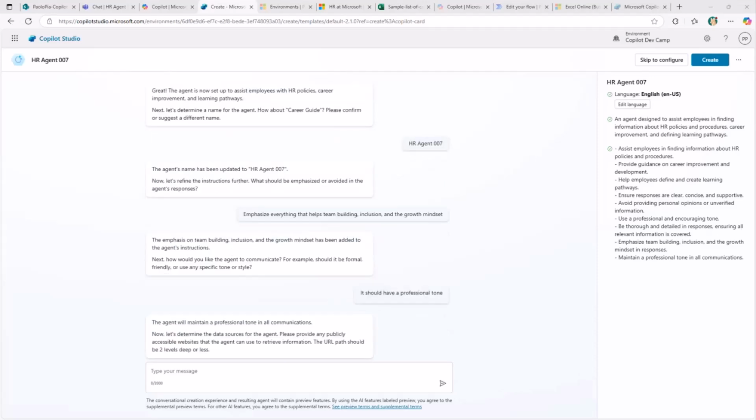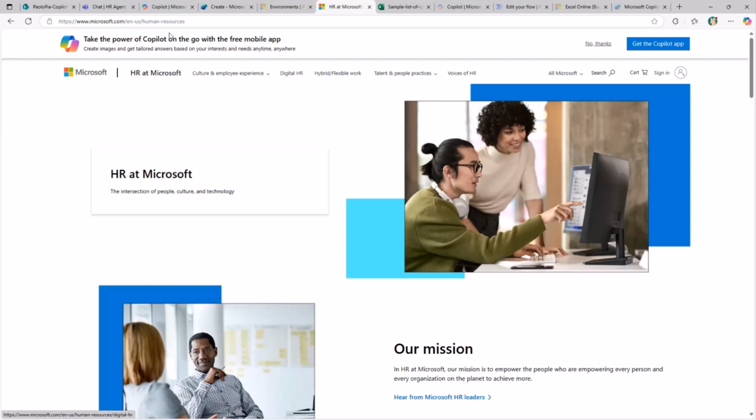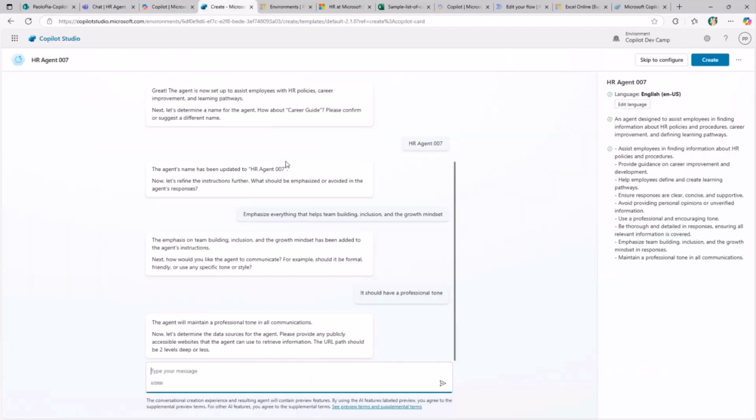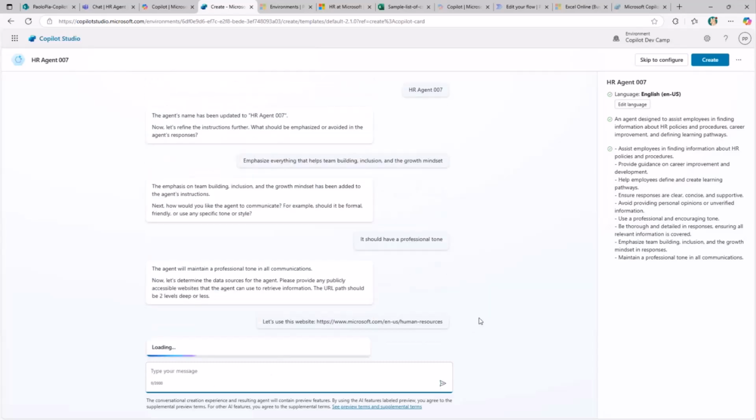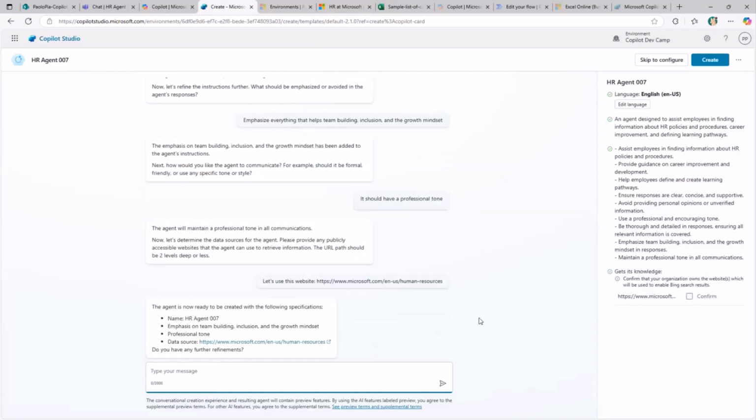Then once I've done that, we can eventually add additional reference to external data sources. And as I said, I want to use the HR website of Microsoft as one data source, as knowledge base of my agent. So let's do that. And let's say that I want to use this website. By doing that, the Copilot Studio will rely on the information that I provided and will allow me to build the agent. Now, since I provided a URL of a website, I need to declare that that website is actually owned by my business, because Bing Search will work on the content of that website, and you should use a website that is owned by your company. So let me confirm that.